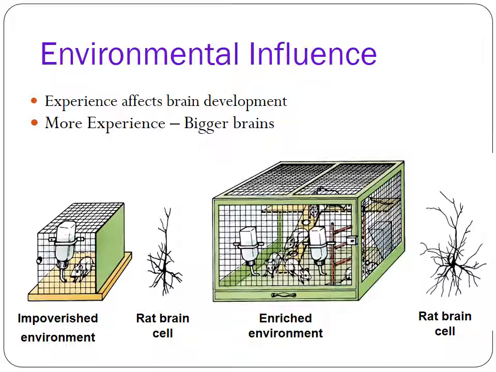Now, imagine that the neuron off to the right is one that has had all of this stimulation. And think of stimulation as like water and sunlight for a plant. And notice the branching on the dendrite is far greater, and the branching on the axon is far greater. What that means is you have more hookups, more space, more areas for other neurons to communicate. And the axon is far reaching, so it has more targets it can send messages to. Environment helps stimulate the brain. Stimulation to the brain is like food and water. It is going to make it grow.